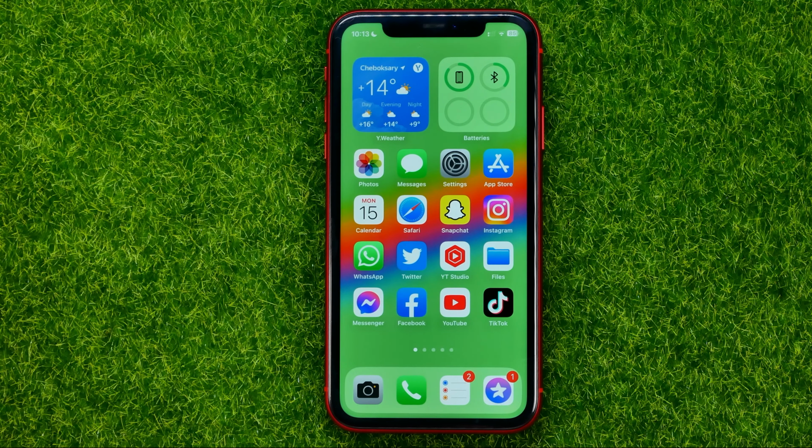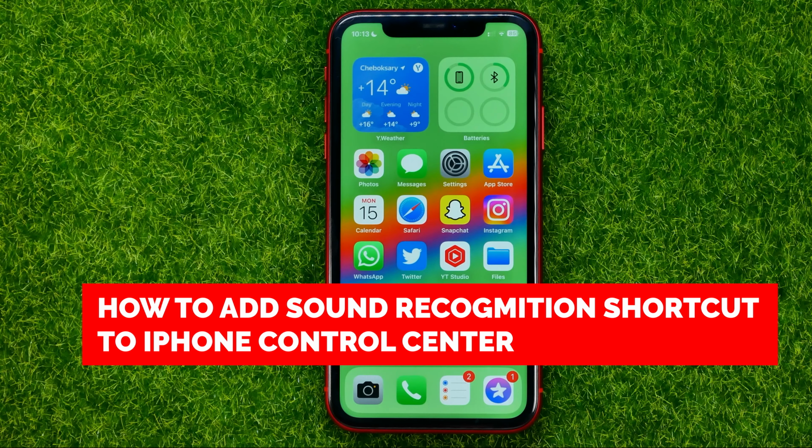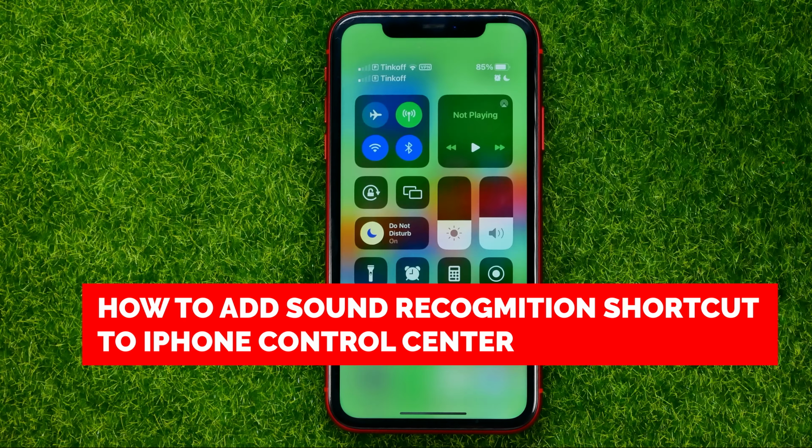In this video, I'm going to show you how you can easily add sound recognition shortcut to your iPhone control